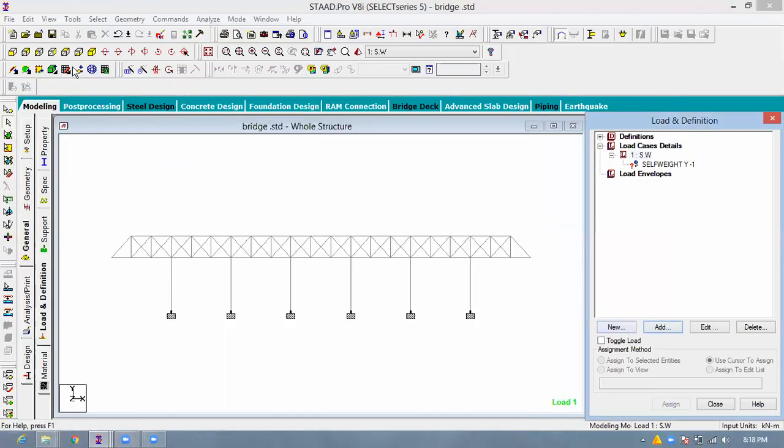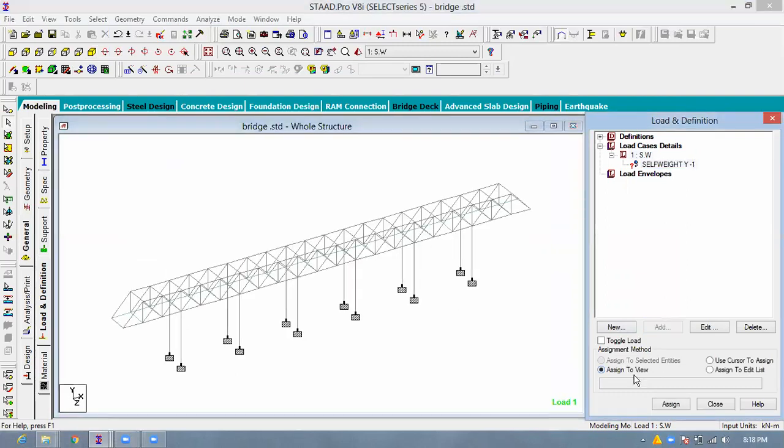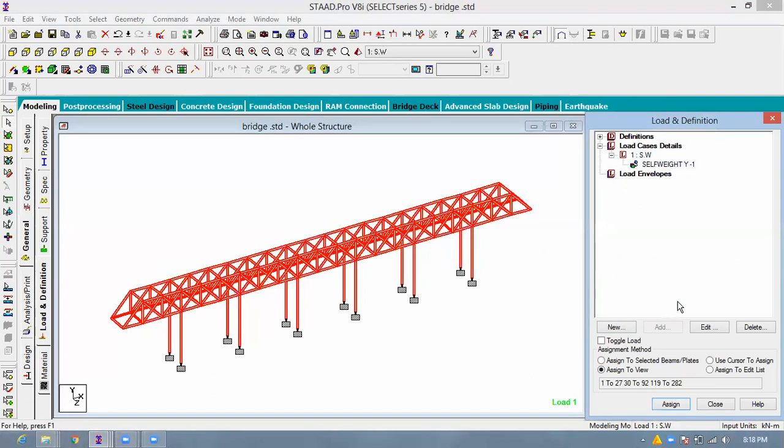So I'll take this to this. I'll select this. I say assign to view. Assign it to the view. So since it's in isometric, all the structures will be assigned. So once I do that, the next thing is